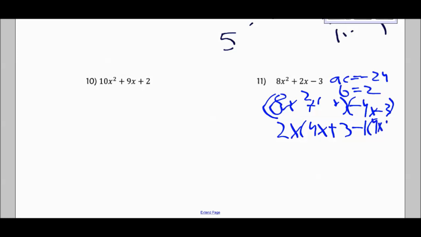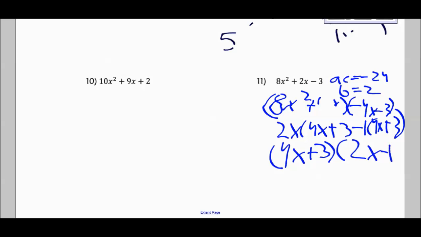We're doing the next one. Not with me. We're gonna get 4x plus 3. And then we're gonna get the book and 2 greatest